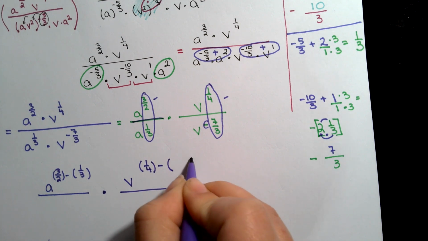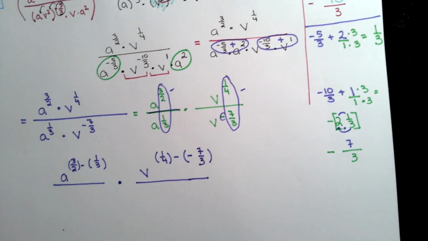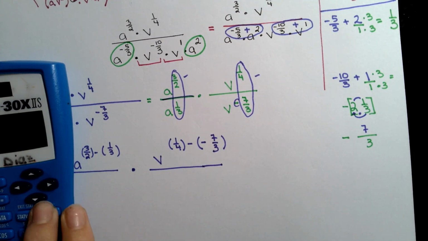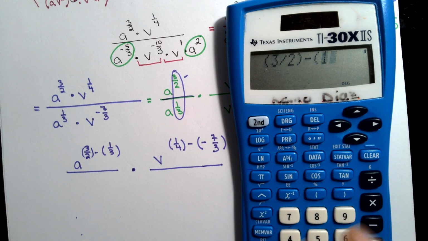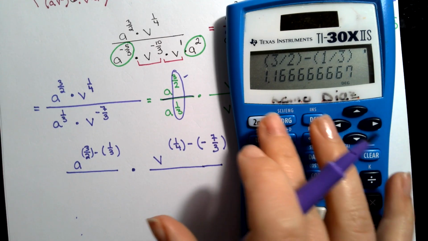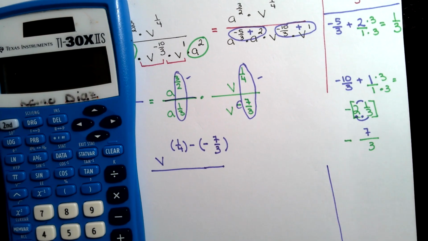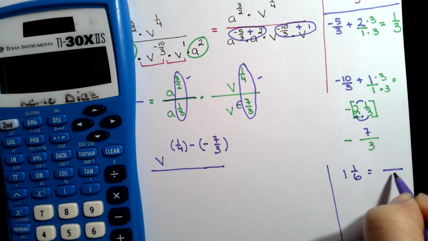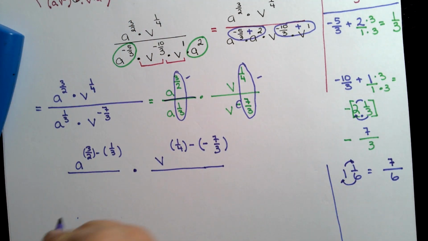For example, here, you got to be careful with the double negative. And again, you have a choice to make. You can do this by hand, or you can do this with a calculator. I'm going to choose to do this with a calculator. So I'm typing in 3/2, must use parentheses, 1/3. That way I don't have to personally do common denominators. I can just, off to the side, I have 1 and 1/6. So that means 6 plus 1 is 7. So I have a to the 7/6 power times